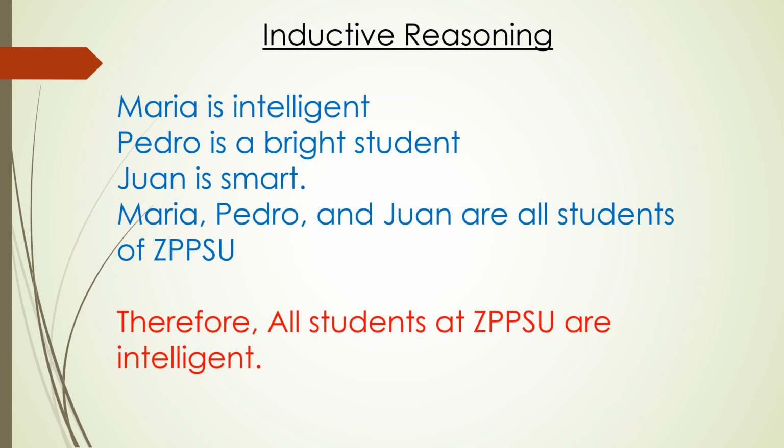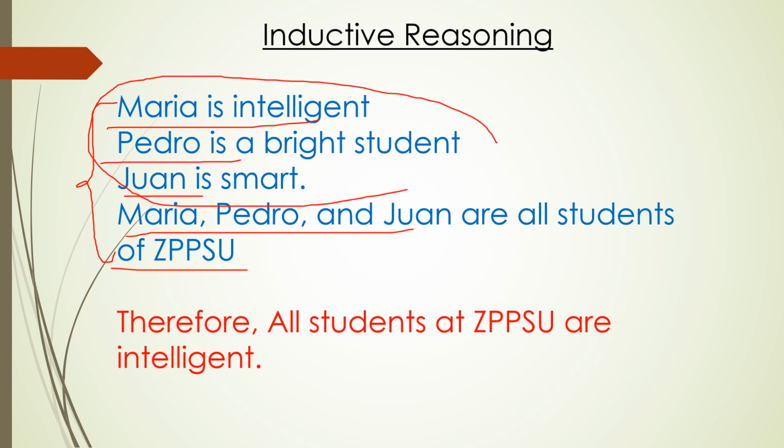So as you can see here, yung first three or four sentences natin, puro sila mga examples, puro sila mga specific cases. Like this one, Maria is intelligent, Pedro, Juan, and the three of them are all students of ZPPSU. If you analyze these three sentences, lahat sila ay nagsasabi na yung mga students ay matatalino. Maria, Pedro, and Juan ay mga matatalino sila. Ngayon, since Maria, Pedro, and Juan are matatalino and they are all students of ZPPSU,